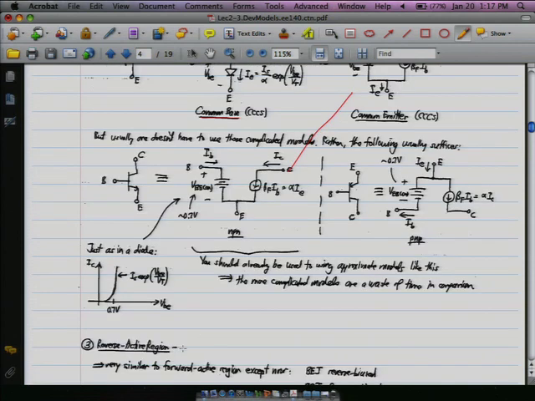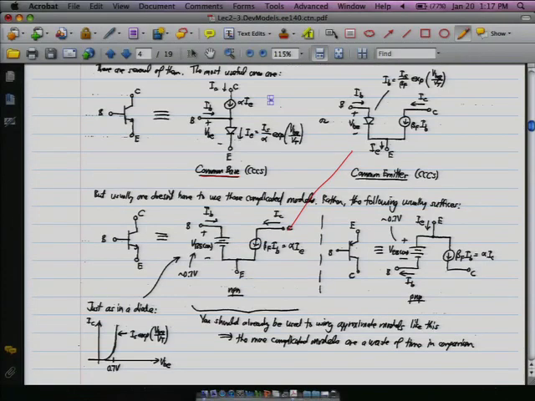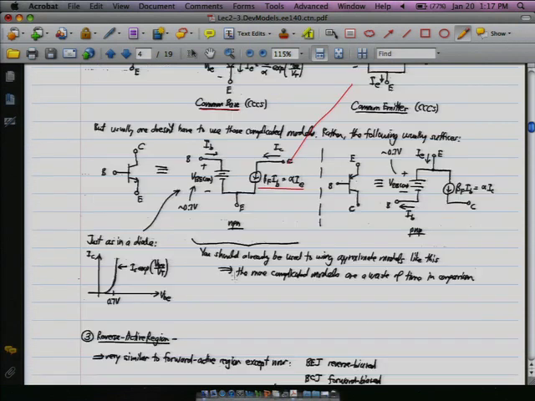And then the model on the right is the same thing, just for PNP. And here it's actually shown explicitly that these two are identical, the beta F times IB and alpha IE. All right? So the summary of this subsection is that